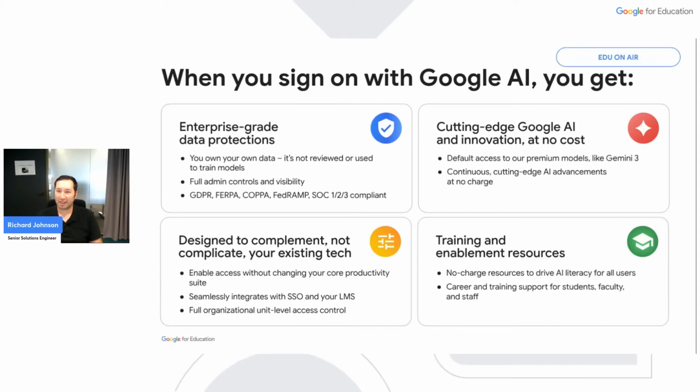Just because you're using another productivity platform, OS or hardware, doesn't mean you can't use or integrate with Gemini services. 4, We have training and resources available to you when you decide to pilot and launch within your organization. So you don't need to do this by yourself.